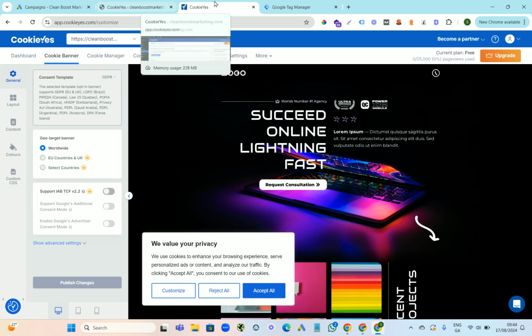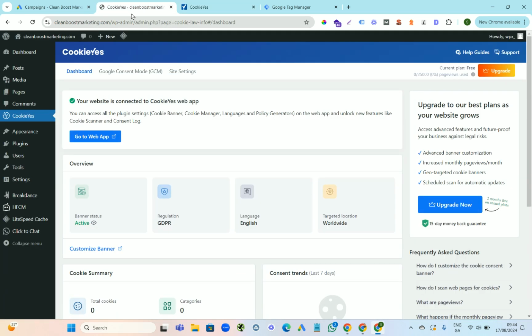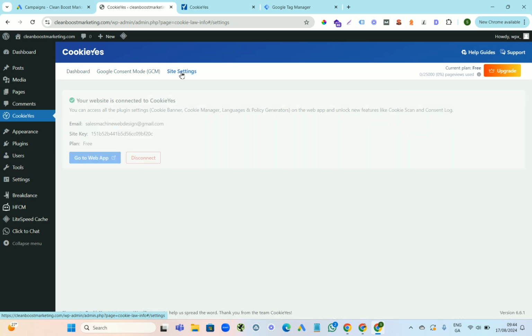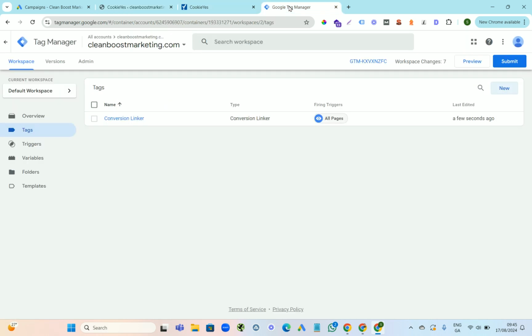That is a very important step of tracking your conversions on Google Ads. So then I'm going to go back to my website after this, and what we need is we need to go up here, and you go to site settings. So in site settings, you're going to see the site key, and this is important to remember. So now I'm going to go back to Google Tag Manager, and we're going to set up a new tag. So we're going to go to tags, we're going to go to new,